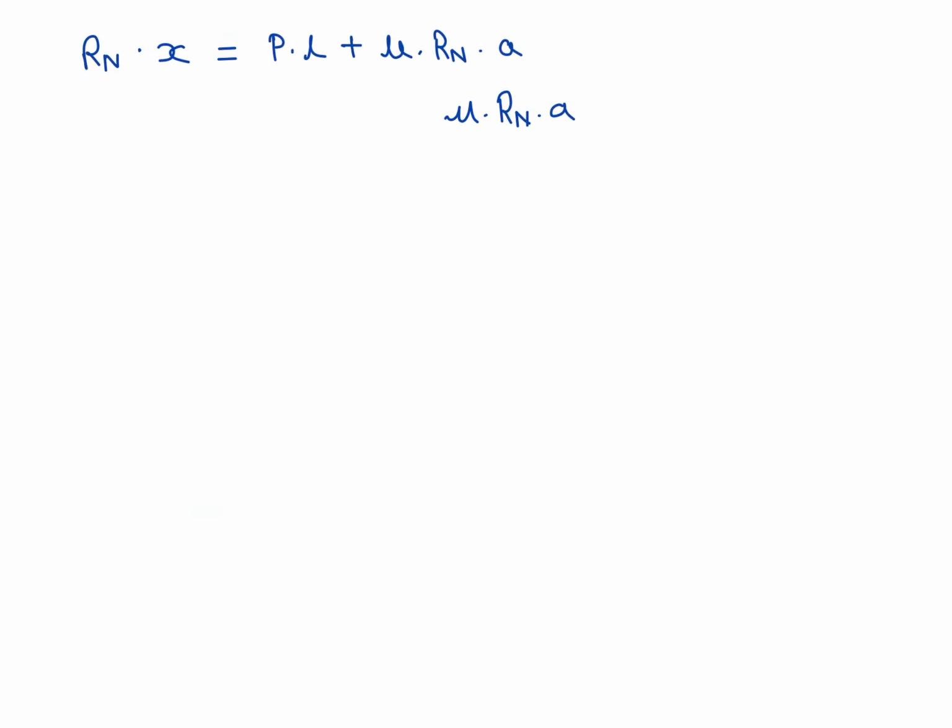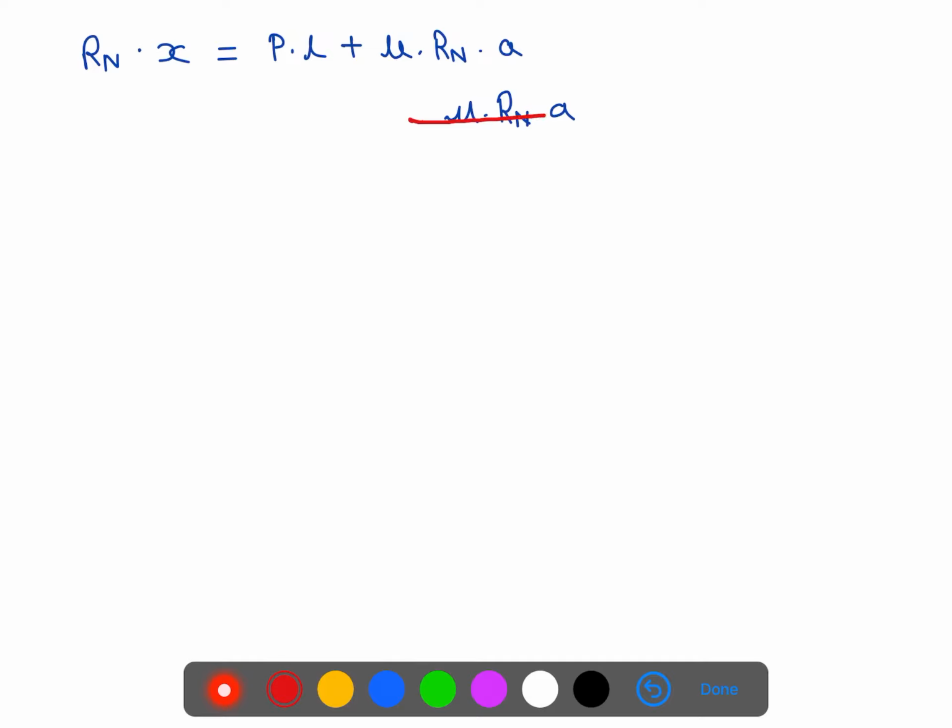Okay, so now what I am doing, I have rewritten this equation, that is Rn into x is equal to PL plus mu into Rn A. So if I shift this particular term, that is Rn into x minus mu into A is equal to P into L, right? So I shifted this particular term over here and taking Rn common. So what I can say,